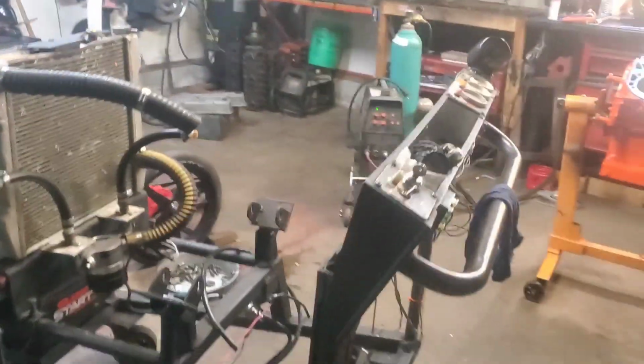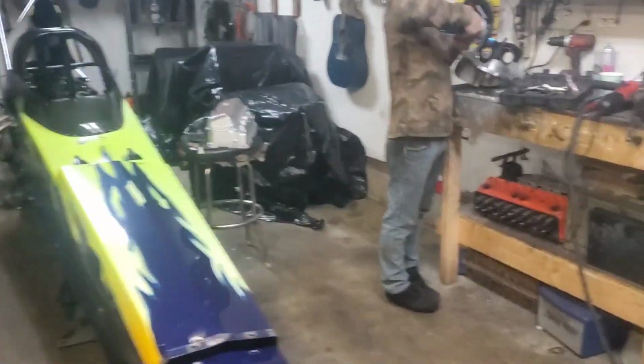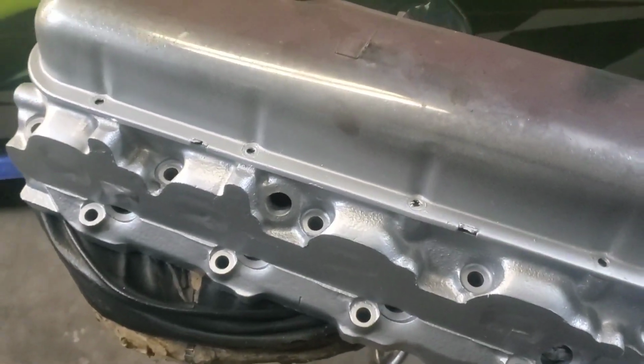We got a little bit impatient. Well, hold on a second. You may notice there's an empty test stand, and that motor, that 355 that was on there that hasn't sold yet, by the way, that's still for sale, sitting over under the plastic. But we got a little impatient and tried to put this head on, and we smudged up the paint because it wasn't fully dry yet. So I think this thing's dry now. We're gonna go ahead and set this head on there,